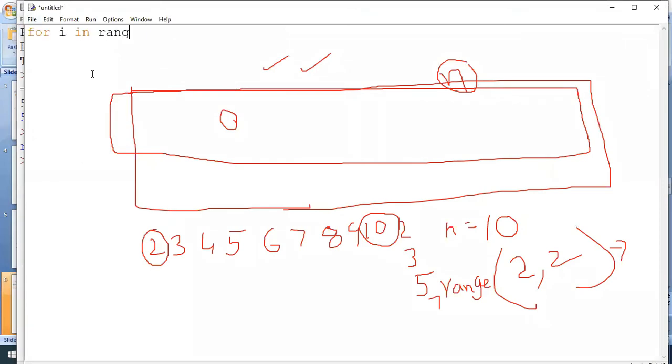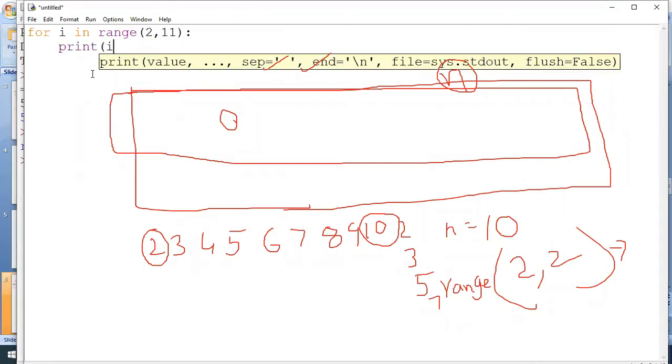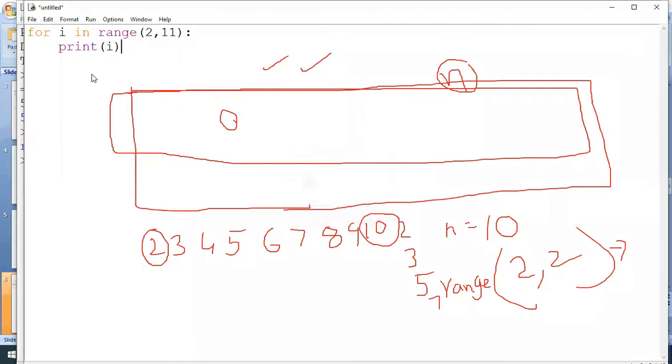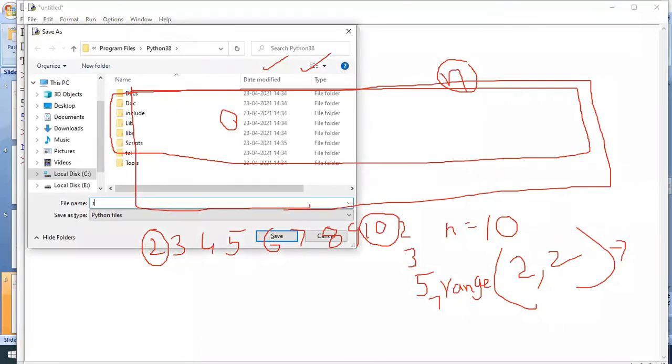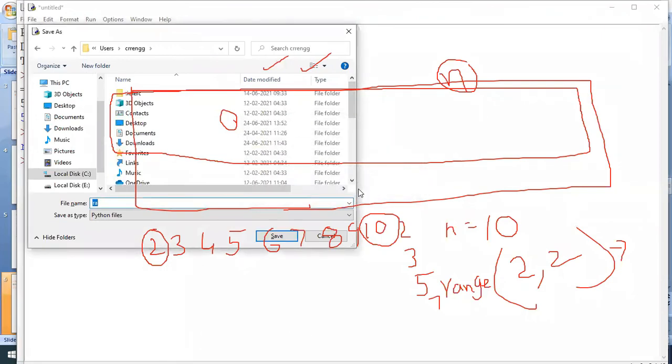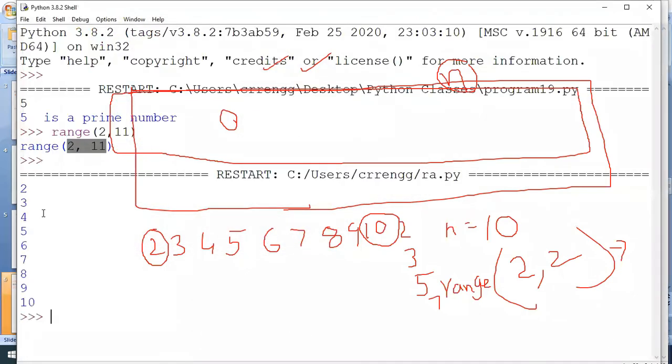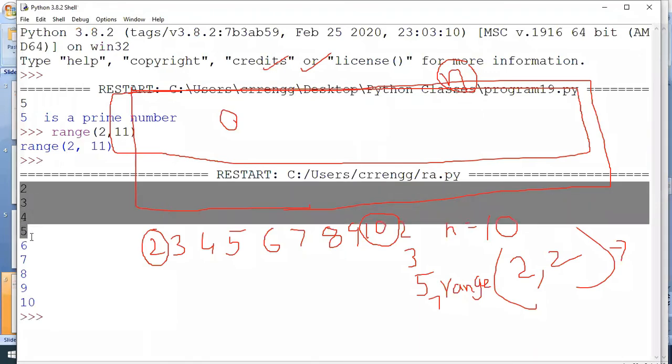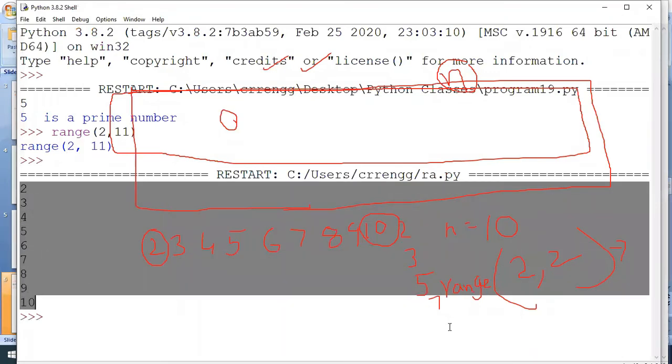For i in range of 2 comma 11, print i. Observe the numbers: 2, 3, 4, 5, 6, 7, 8, 9, 10.